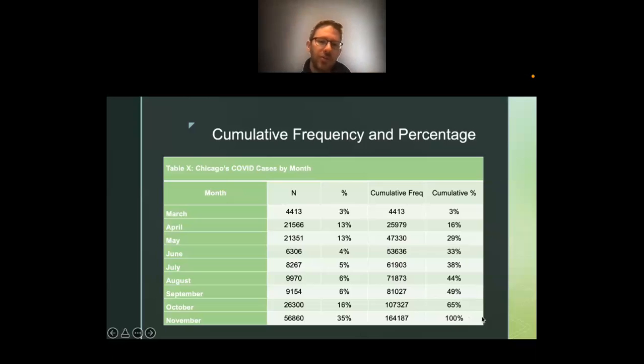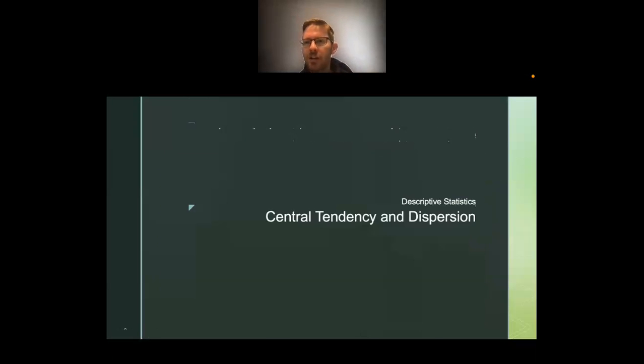That's why cumulative percentages are helpful. Okay, now we're going to get into the real meat of what descriptive statistics is doing. A lot of descriptive statistics is measuring the central tendency and the dispersion of a certain variable. And we'll talk about what this means, but essentially central tendency is talking about where do we see the most